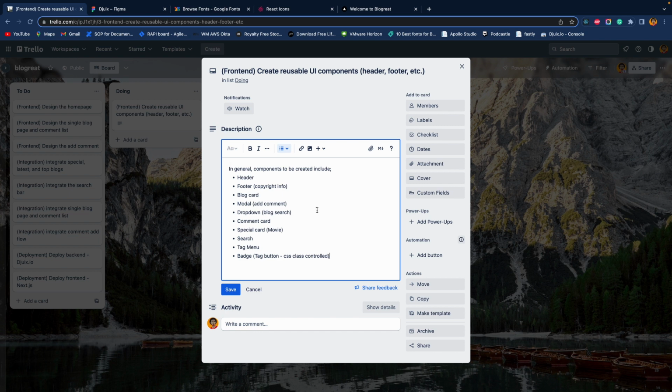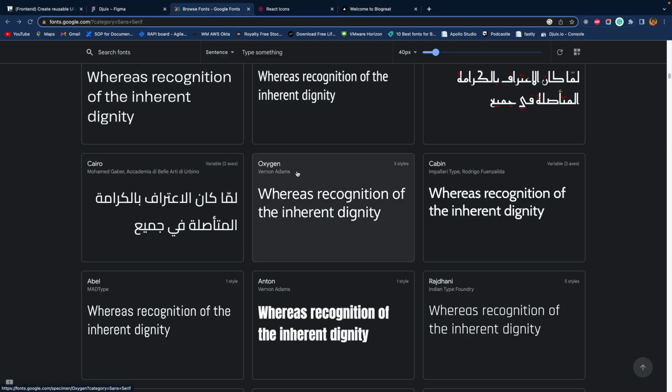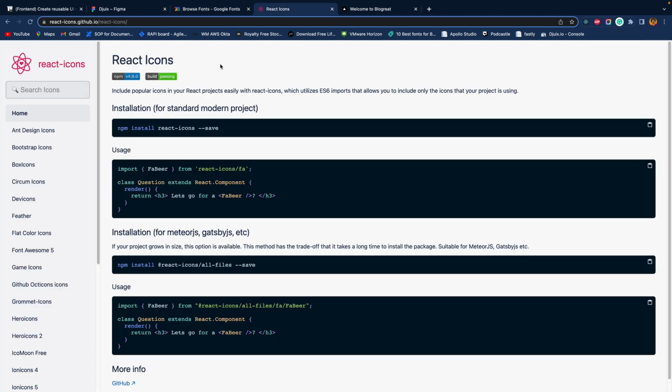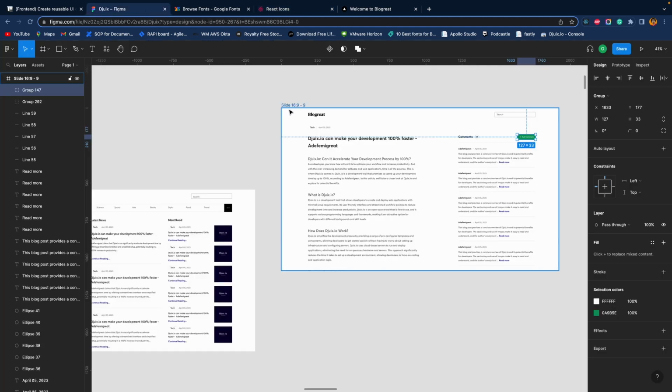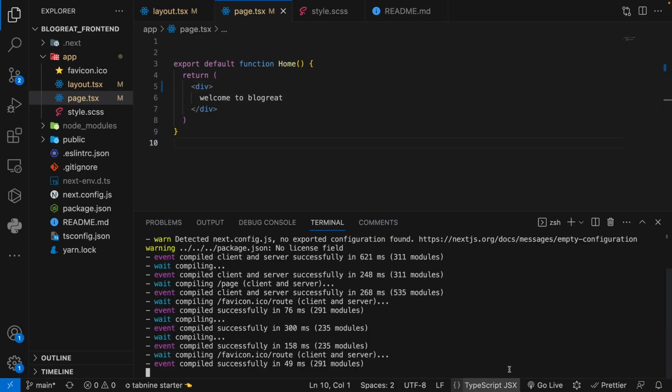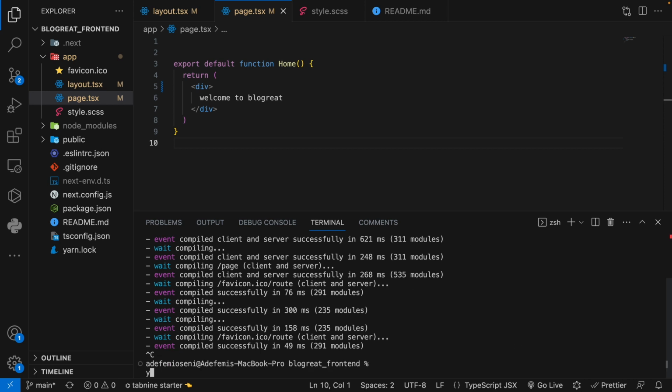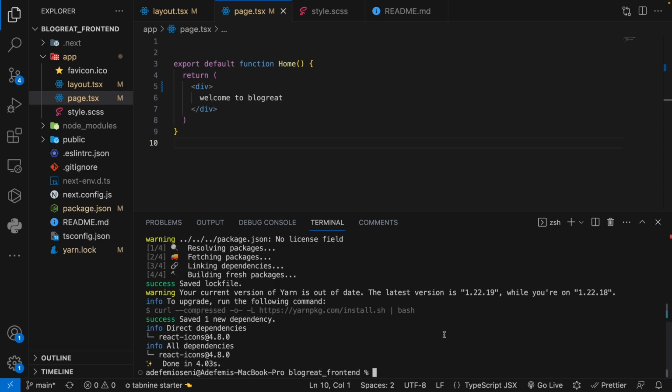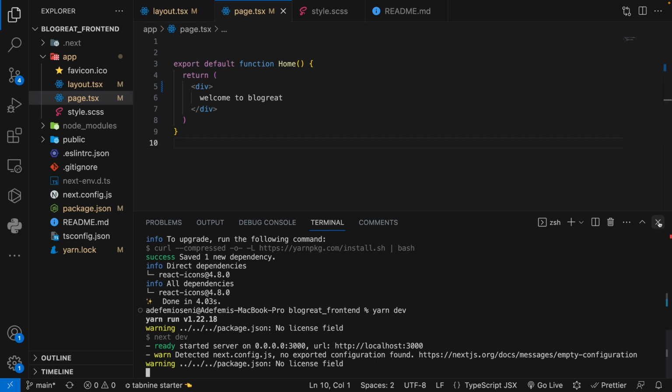But before we get into it, I have some quick things we need to do. So we need to select the font we want to use, and the font I've decided to go with is the Cabin font from Google. Then also we want to install the React icons package. With this, we can get icons for when it's needed. So let's quickly delve into those. So let's install the package first. So I can come back here, I can close my server, and I'll have yarn add the package. So we are done installing the package. We can start the server again, yarn dev. So we can always leave the server running.